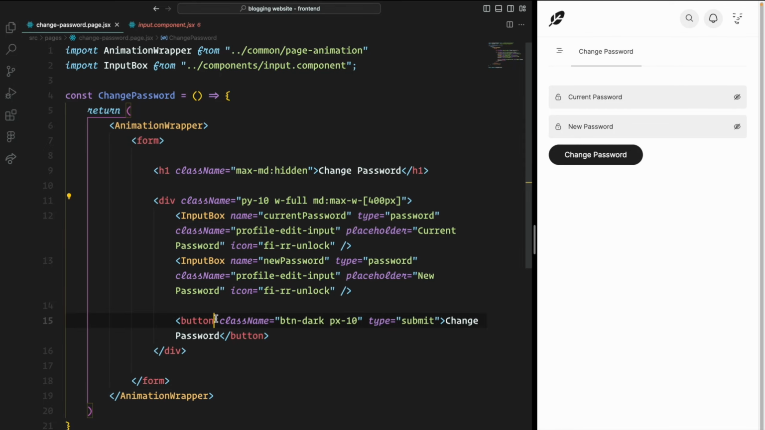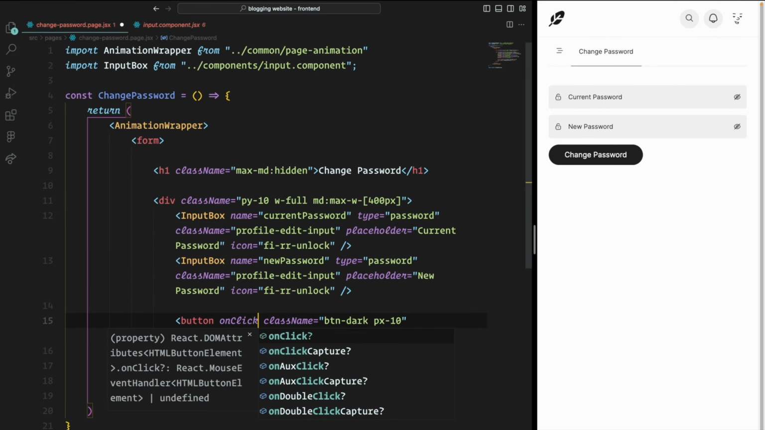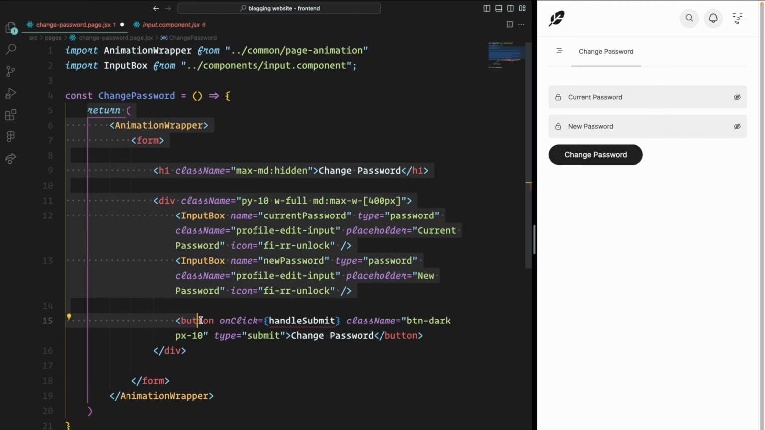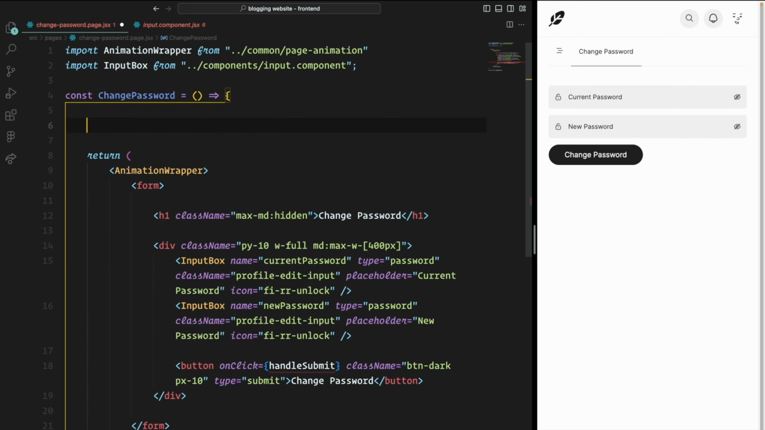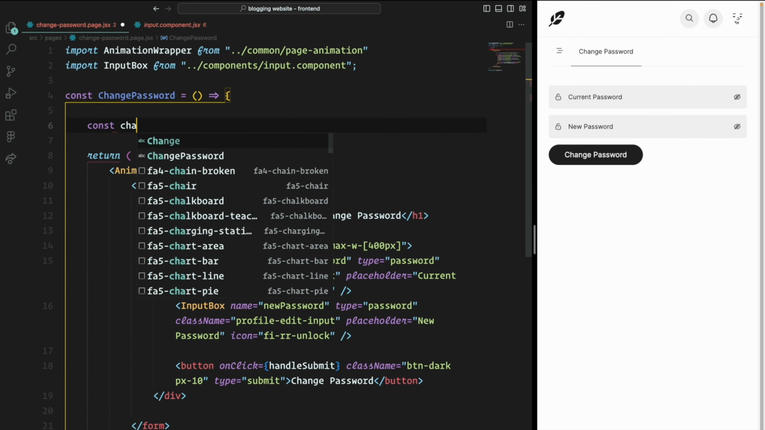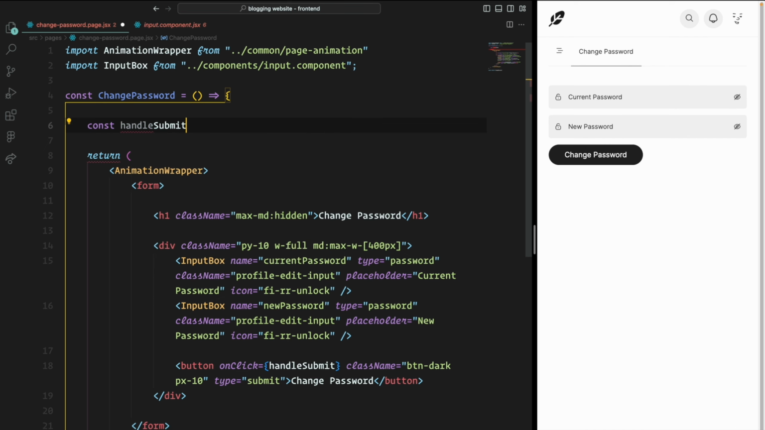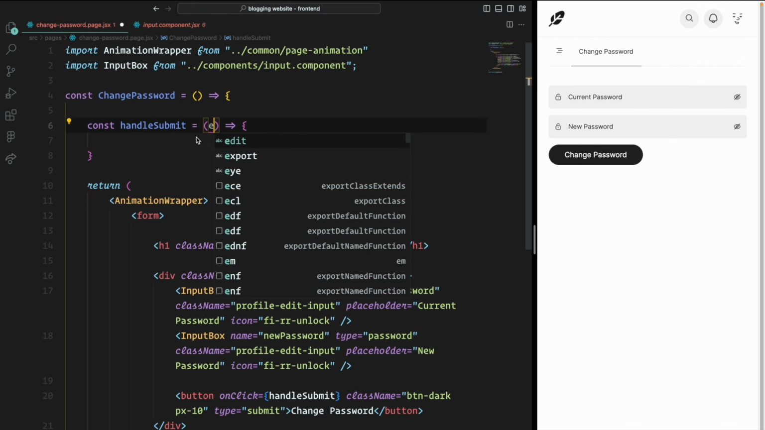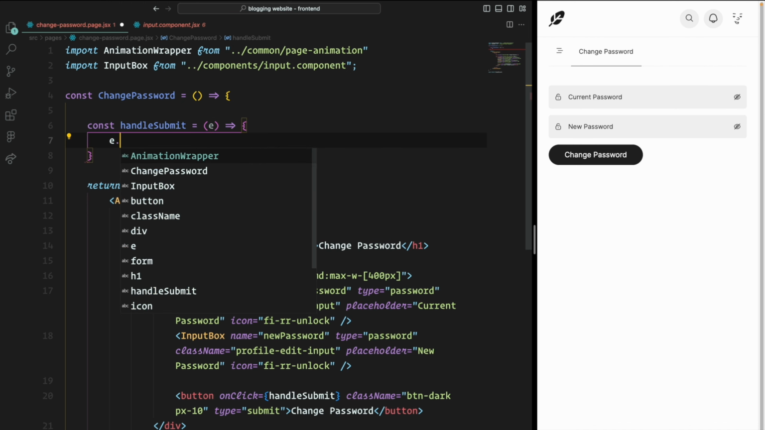So let's add an onClick event to this submit button, and we will call the handleSubmit function whenever we click on this button, and obviously we don't have that function inside this change password component, so let's create that over here. I will call it handleSubmit like this, and just add e as a parameter so that I can say e dot preventDefault